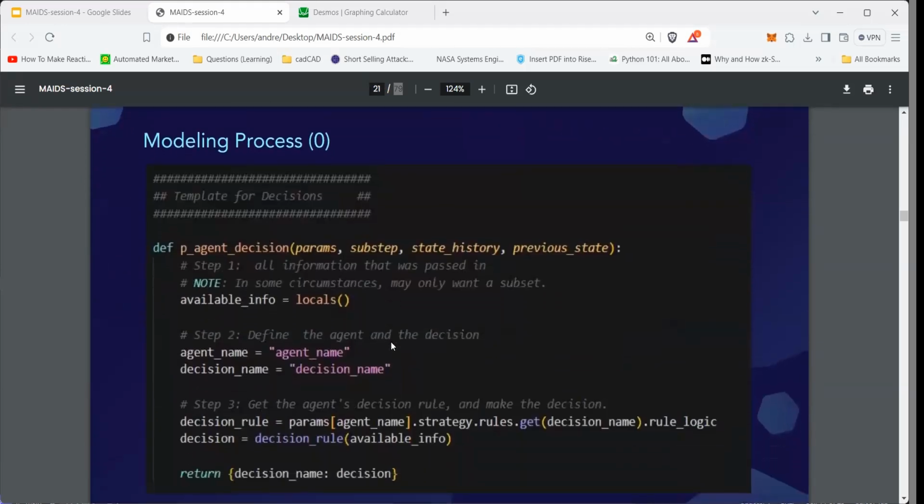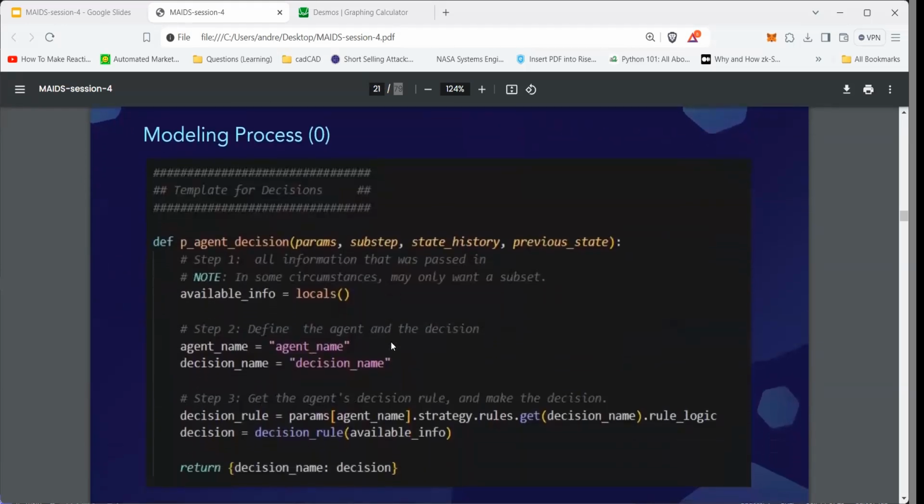And one thing I hit upon, I think that it would be useful to me, at least in the future, is that if we're using this in terms of agents and decisions, you can create a template for what a policy function looks like if that policy function represents a single agent decision. So step one is looking at the available information. And the available information here, if we capture it early, can be tracked through looking at local variables, which will be just tracking what the inputs are currently.